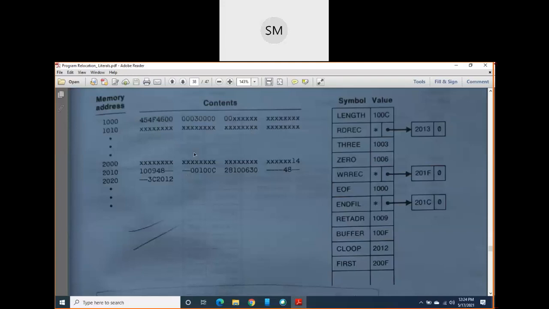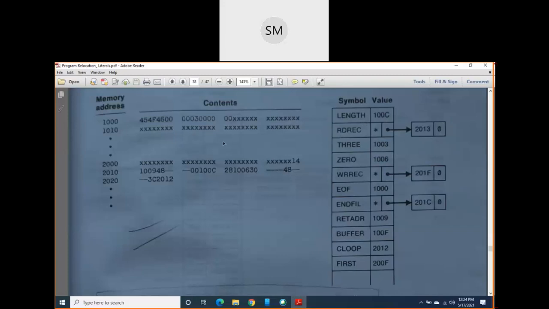At the same time, we are using two data structures here, OPTAB and SYMTAB. In SYMTAB, symbols are continuously loaded along with their values. For example, LENGTH is there and its value is 100C.